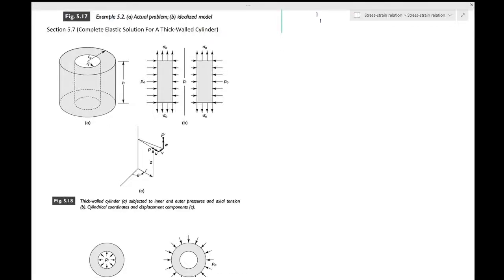Okay, hello everyone. So we'll start off with section 5.6 in this class, and that section is called Complete Equations of Elasticity. So what we do in this section is basically we summarize everything which we have learned in this course up